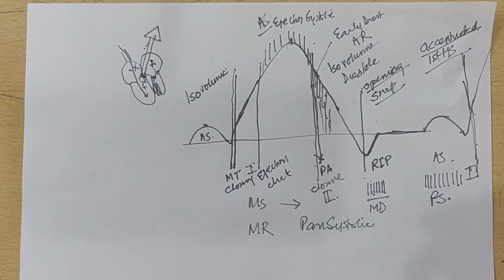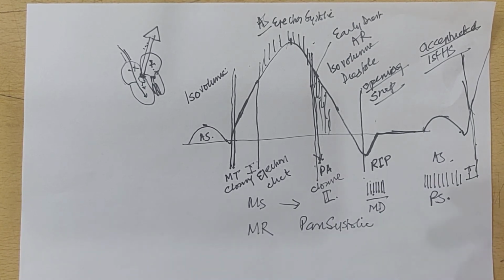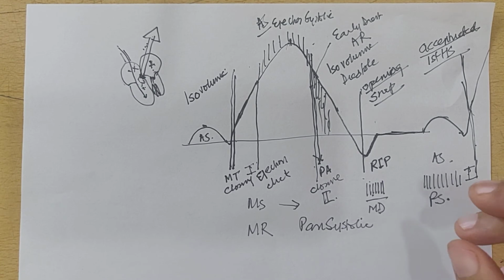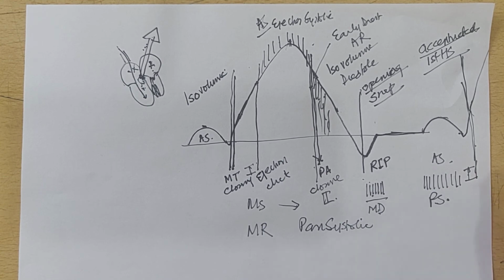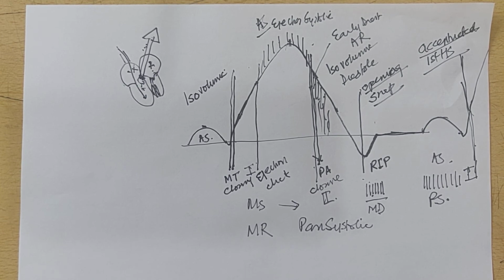So the murmurs can be aortic stenosis, aortic regurgitation, pulmonary stenosis, pulmonary regurgitation, mitral stenosis, mitral regurgitation, and the area in which they are heard. For example, a mitral stenosis murmur is a mid-diastolic pre-systolic murmur with accentuated first heart sound and presence of opening snap. It is heard best by the bell of the stethoscope at the apex of the heart. If there is a regurgitation murmur, there is a pansystolic murmur at the same place, which is radiating towards the axilla.